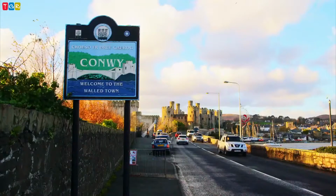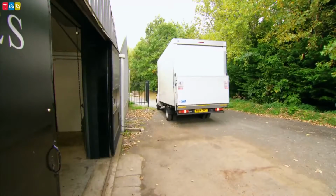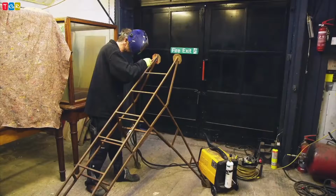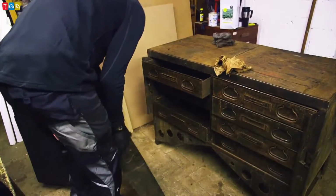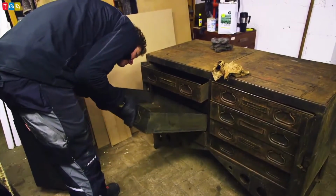Back in Wales, Drew can't wait to show the team his new stock. We've got some cracking. Thrilled, and we are. We've got so much stock. Sparks fly as Carl gets to work on a minor repair to the metal ladder. And furniture restorer Alex has been given the unenviable task of getting years of oil stains off the wooden top